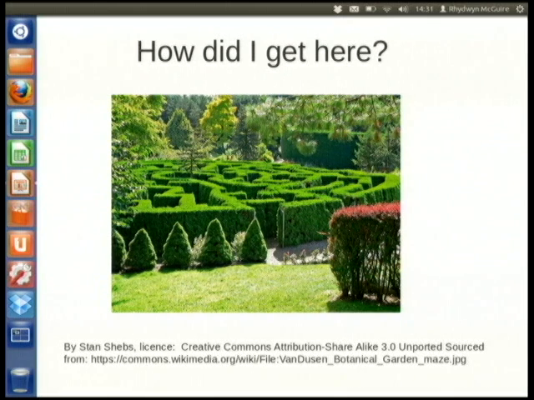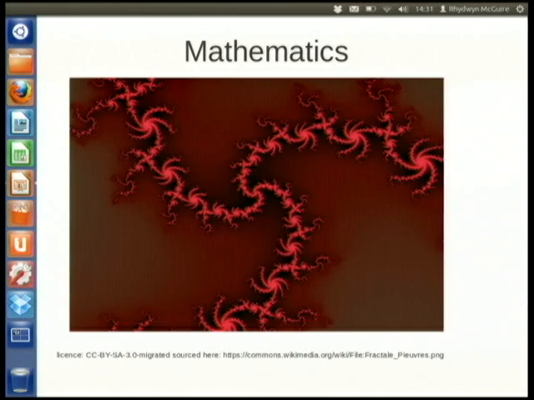How did I get here? So, why do we care? I fell in love with mathematics around the start of university. It turns out that there's a huge number of problems which you can pose in mathematics and use mathematics to solve.